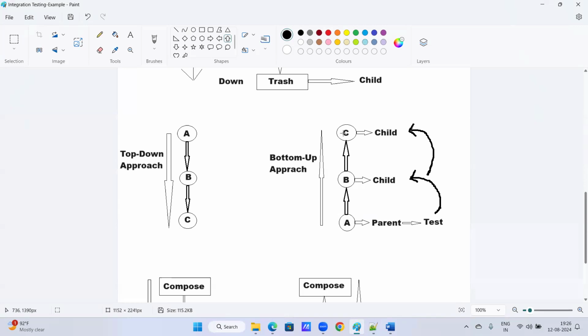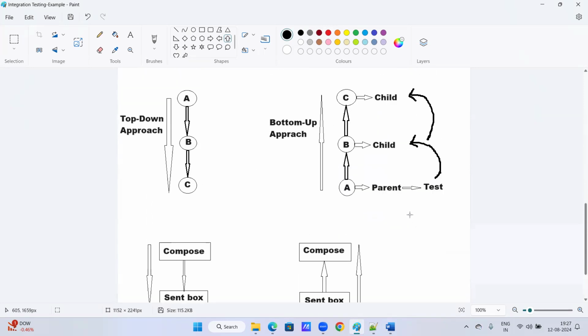I will take some application, and in the application I already saw one C module. It means if C is there, then B should already be there, right? And if B is there, A also should be there. So how will it go? First I'm seeing the C module, then the B module, and then the A module. So it goes from bottom to up. I'm testing from bottom to up, not top to down. I hope you understand. A little bit confusing, I know,